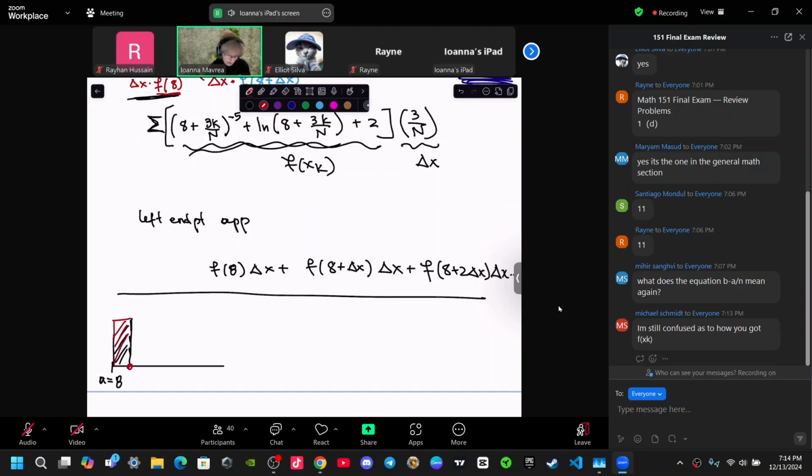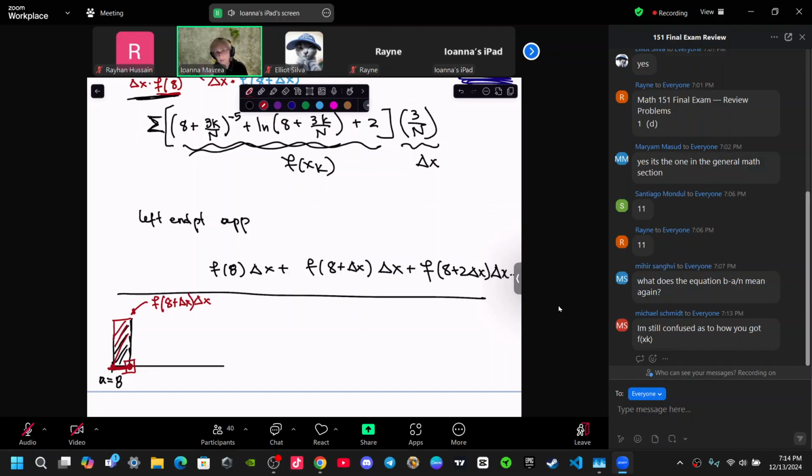Then this area here is going to be base times the value of the function, not here, but here at the right endpoint. The right endpoint is not 8. It's 8 plus a little bit. What's the little bit? Delta x. So 8 plus delta x. So that would be my first term